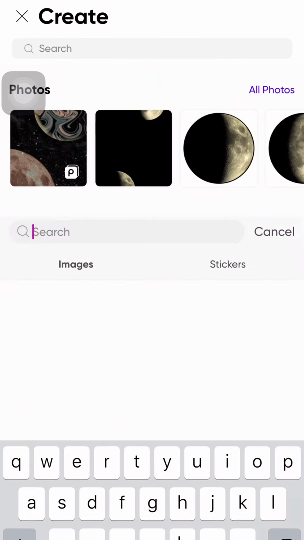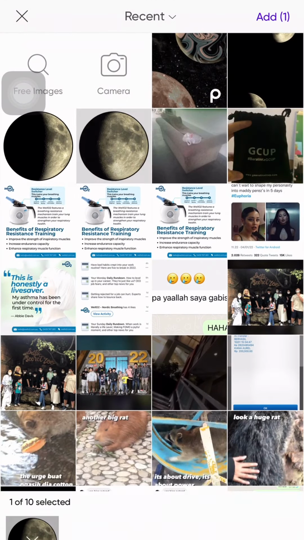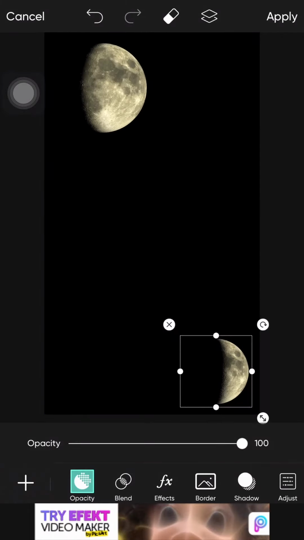To create the wallpaper, just go to Picsart and type in for a black background. Then after you've picked your black background, go to add photos and add your images. Next, what I'm going to be doing is just resizing the images so that it fits better and looks better